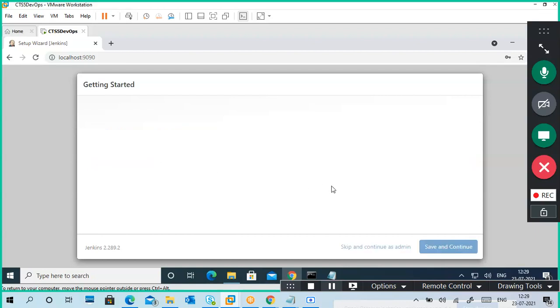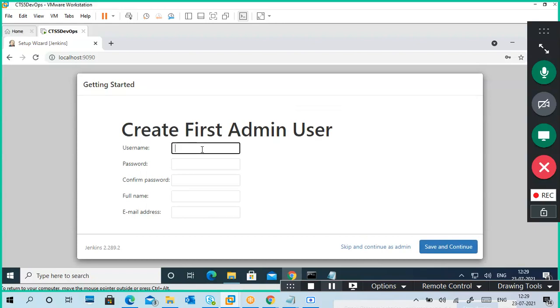Okay, now it is asking to create a user account for admin purpose. If you don't want to create an account, no problem. Just skip and continue as administrator is also there. So it is asking for the first admin user. I put JAdmin. My username is JAdmin1. If I want to create more, then 1, 2, 3 like that. Or I can put my name also, no problem. And my password is simple: admin@123, and full name is, for example, JAdmin one Vedic like that.